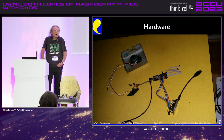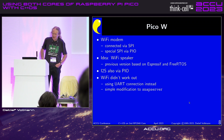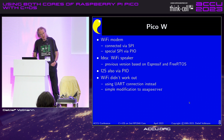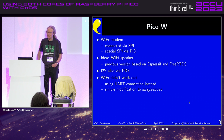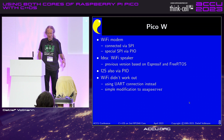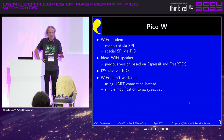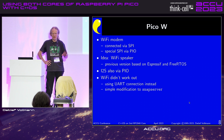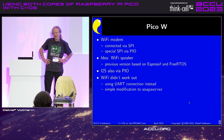So what I did then was to base everything on FreeRTOS, but I didn't like that idea very much. So then I looked at the Pico, and the Pico W actually also has a Wi-Fi modem, which is connected via SPI, and because they didn't want to spend too many GPIOs for that SPI, they have a special SPI and do that with their programmable I/O controller. And the I2S is the same, that they don't have dedicated hardware for that, but just use a PIO, which is fine. Unfortunately, the Wi-Fi didn't work out